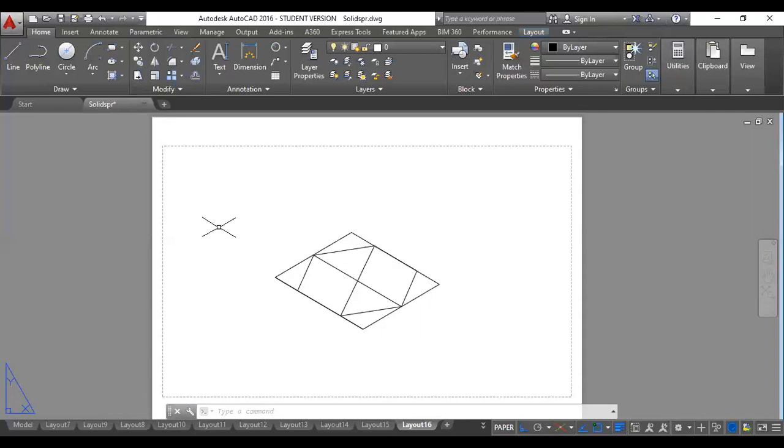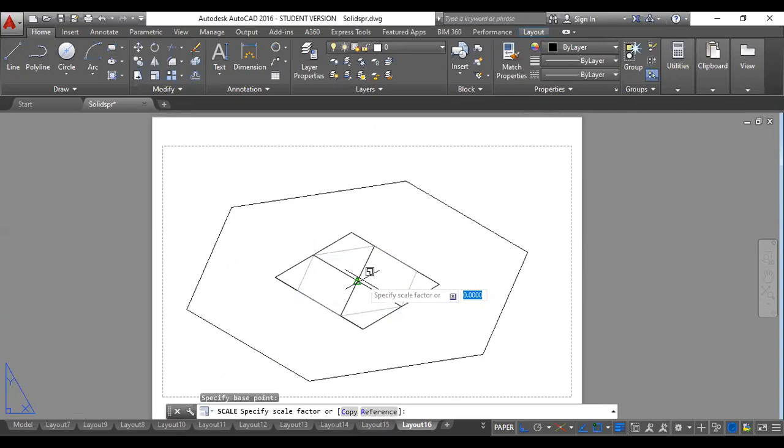So I will select this hexagon, then use the scale command. I'll click on scale. Once you click on scale, it asks where the base point is. Always when you are going to scale like this, please select the center. Now don't directly give the scale factor. If you directly give the scale factor, the original hexagon itself will get reduced to 20, but I want to copy this base and then reduce the copy to a scale of 20.